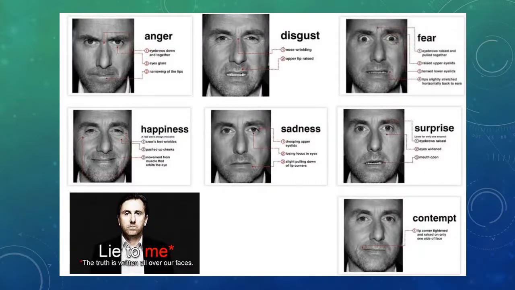So, starting with the top left, anger. Eyebrows drawn down and together, eyes tend to glare, narrowing of the lips. You'll notice the lips almost completely disappear. Then we have disgust, where your nose is wrinkled and your upper lip is raised